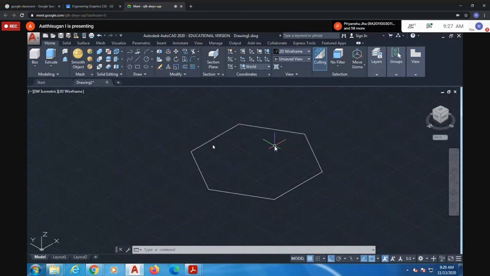Remember, for labeling the corners, the top surface label is given normally, because in the top view I can see only the top surface. The bottom surface is not visible. So the top surface, whatever label you give, is given normally, and the bottom surface label you have to give within a bracket.